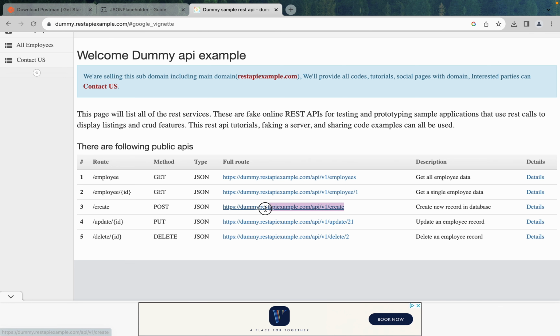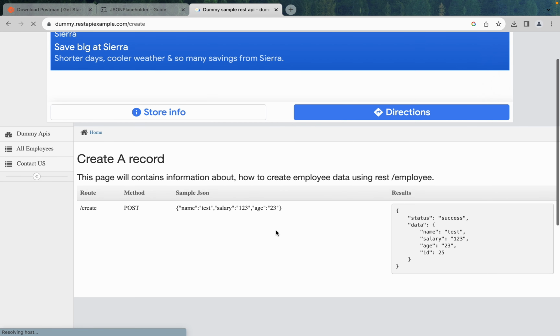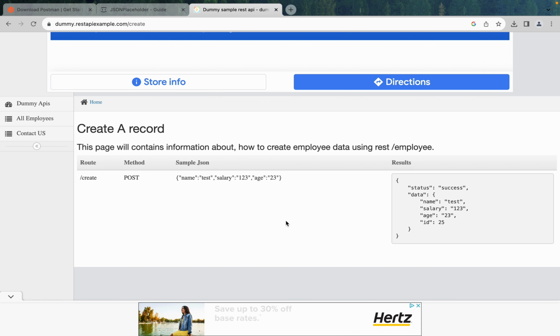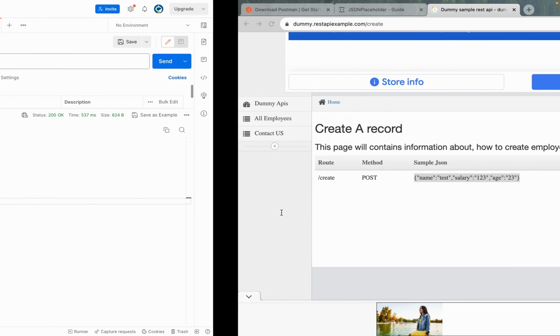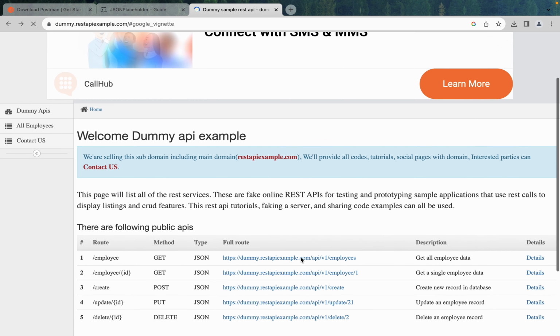So this is the API call, and let's see what it says, like how do we need to give a request body. If you remember, we are entering something and then we are creating an employee, right? So that input that we are sending is the request body, and on this website it gave us an example saying this is how we have to send the request body. Now first let me copy paste this,